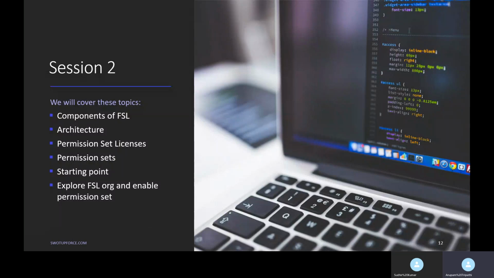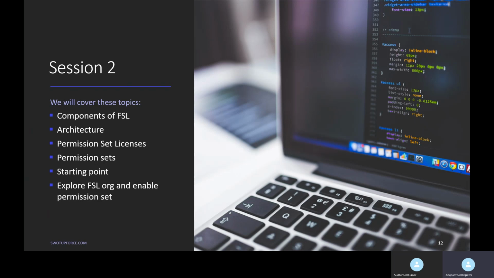In today's session, we'll go through these areas. We'll understand the components of Field Service Lightning. What are the main components? What is the overall architecture on which the Field Service Lightning product is built? What are the different permission set licenses and permission sets with respect to field service?